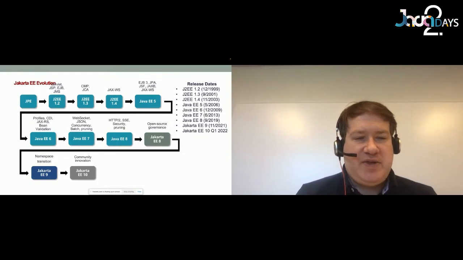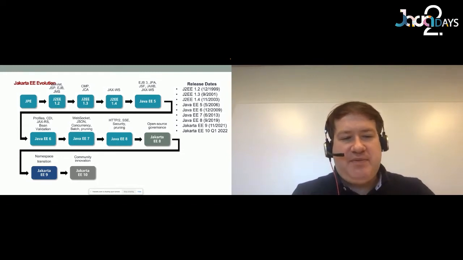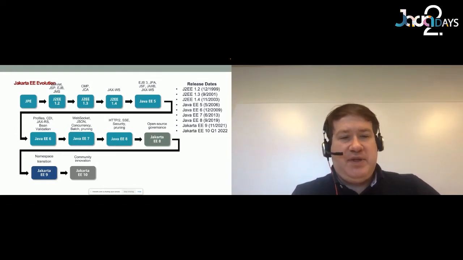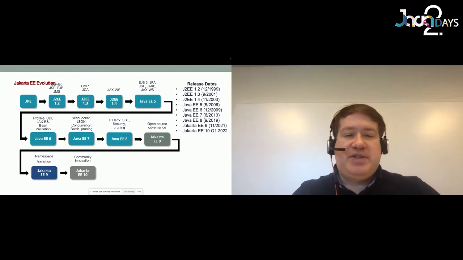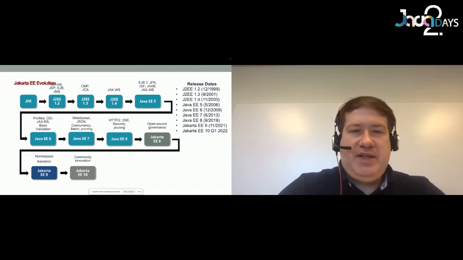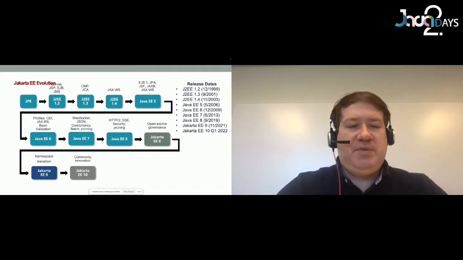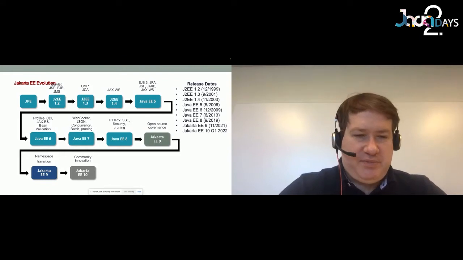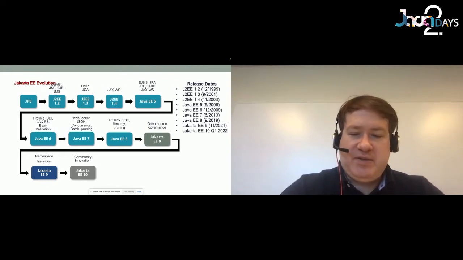That transition is actually in progress. Implementations have been released and development has started on Jakarta EE 10, which will be introducing new features that will be coming out this year. So it's really been a steady progression of releases throughout the years. With the donation and transition to the Eclipse Foundation, releases will most likely be coming out at a faster clip than they were in the past.